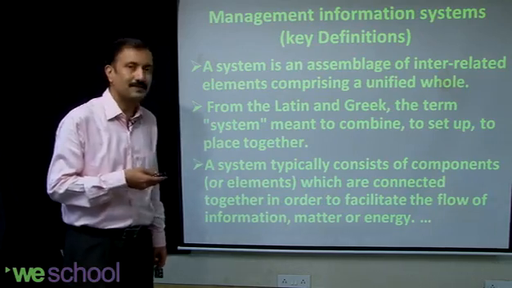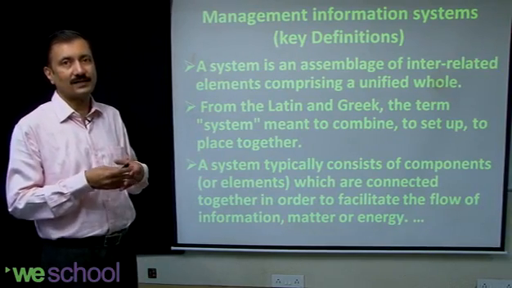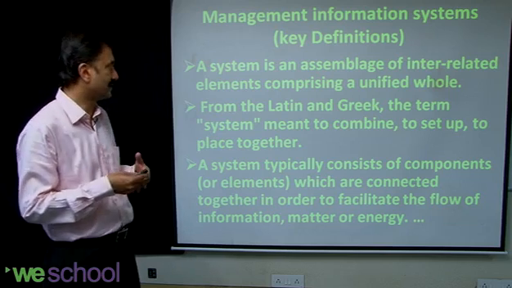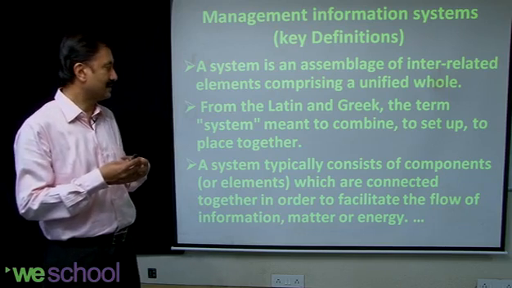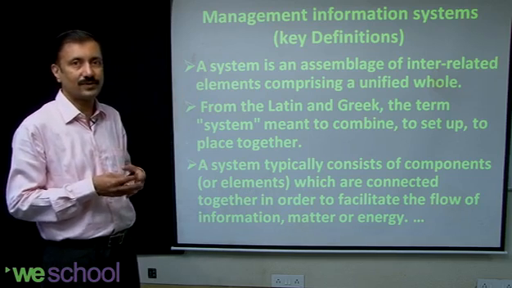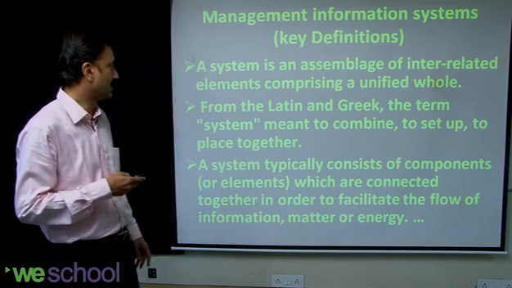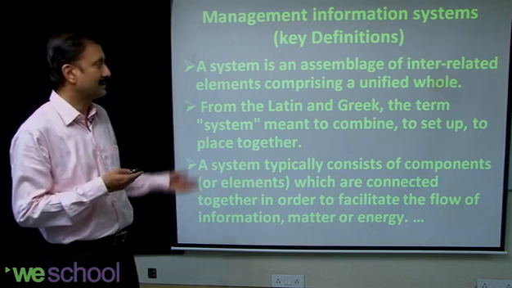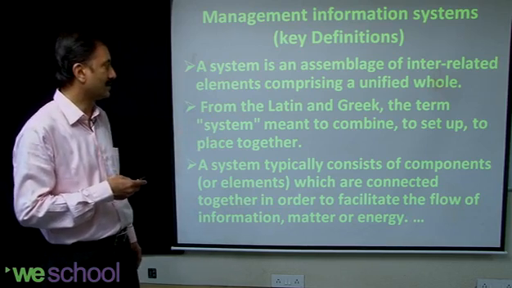What is a system? A system is actually nothing but an assemblage of several components which act together in a coherent manner to be able to deliver a certain goal or an output or a result. So the unified system theory talks about a system consisting of a whole lot of components which have a single-minded devotion to a particular goal. They're all trying to collaborate in a manner that they achieve that single goal. The Latin or Greek word system literally means combine, and that's what the synergy between these components talks about.